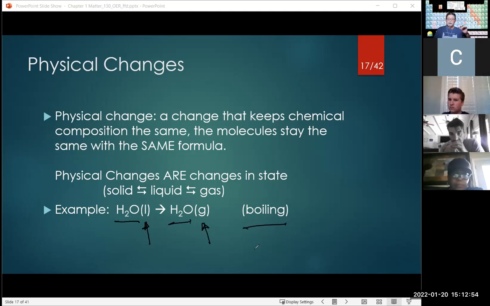So this isn't a, hold on, I'm getting an unstable connection. My internet, my Cox has been acting up this morning, so hopefully I won't lose connection here. All right. Okay, so we get a physical change. All right, so now this example is a boiling, okay? There we go.